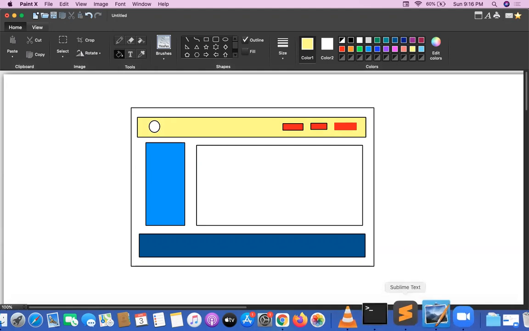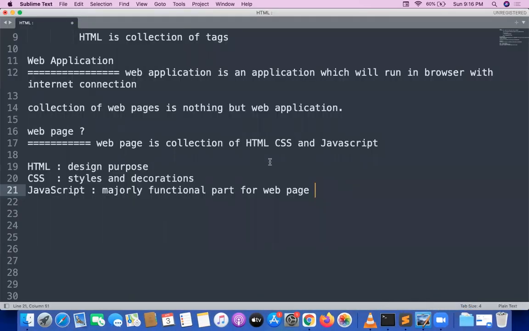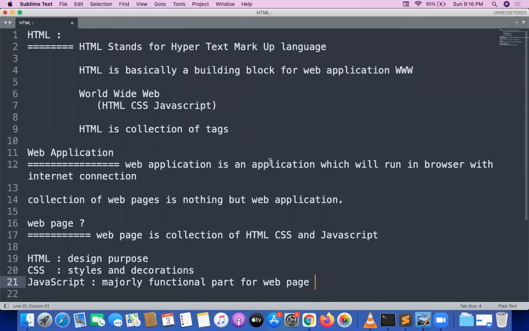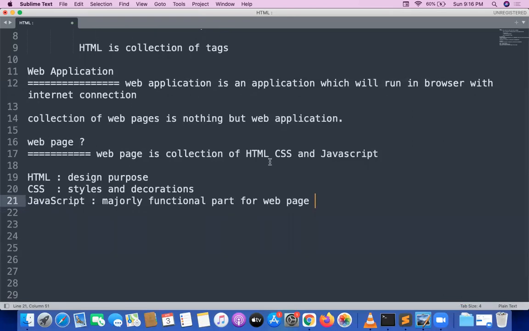One more point we should remember: HTML is not programming, first of all. HTML is not programming. I will tell you about the different kinds of applications which are available in the market, all those things